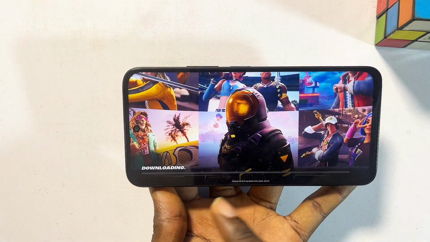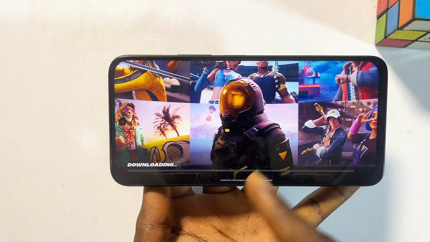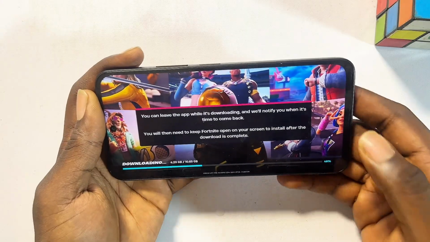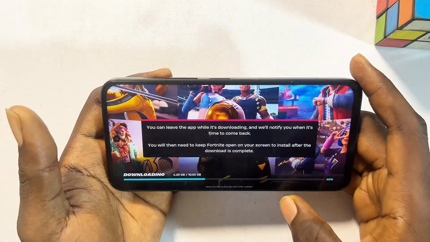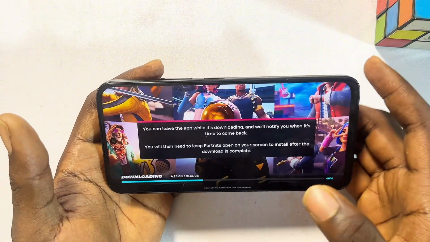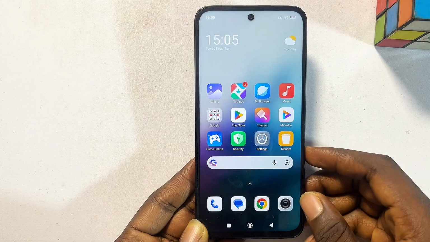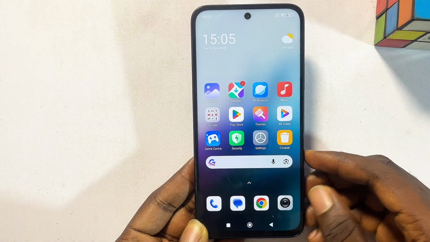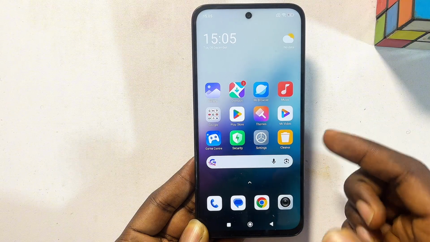And as you can see from over here, this is the Fortnite game being downloaded and installed into our Redmi phone. At this point, all you just have to do is to let the download finish, sign into your Fortnite account, and you're good to go. You can now play Fortnite on any Redmi phone you have, as long as it meets the requirement to download the app. Now for the second method, if you're part of those that your Redmi phone does not meet the requirements to download the Fortnite game and play from the Epic Games Store,